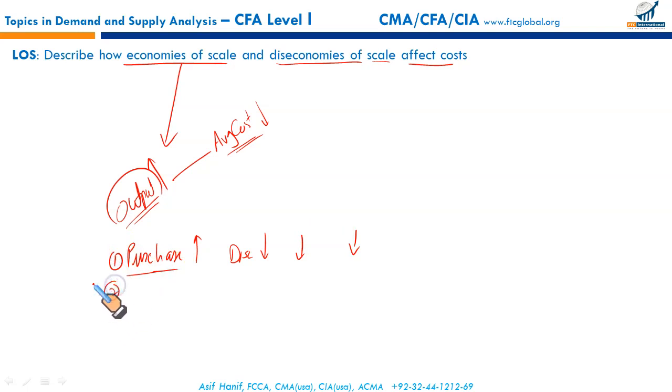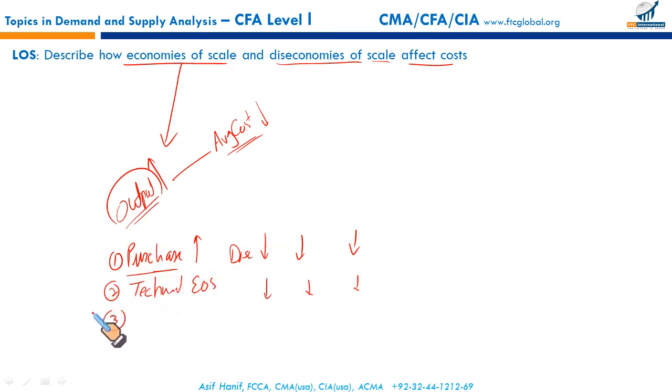Then, since you are a larger business, you can afford to purchase expensive machinery. This expensive machinery is able to produce more units and is more efficient, takes in less electricity. Resultantly, because of higher output, you are able to distribute the cost on a larger number of units, so your average cost falls. This is called technical economies of scale.